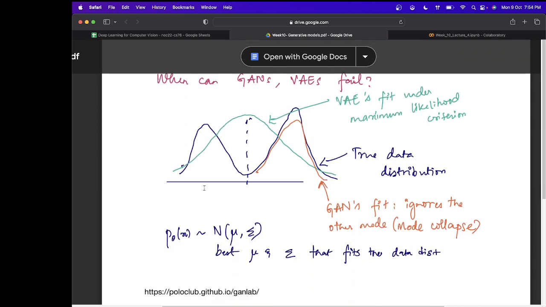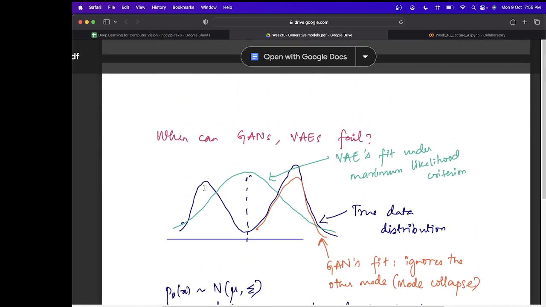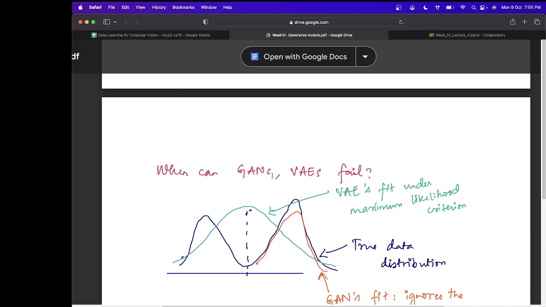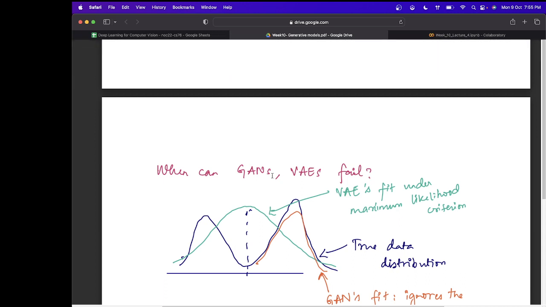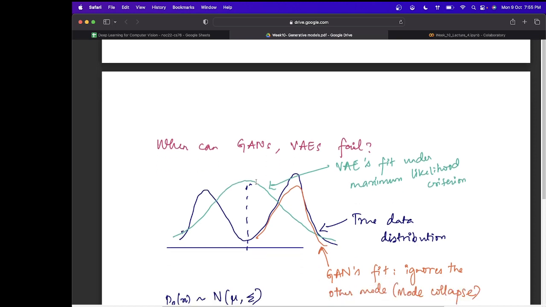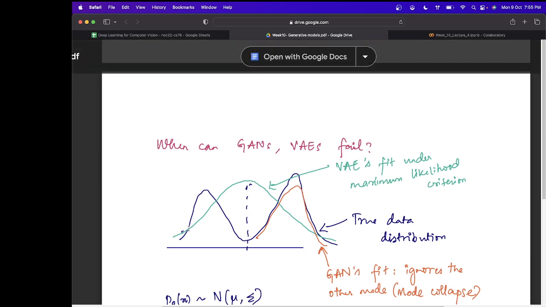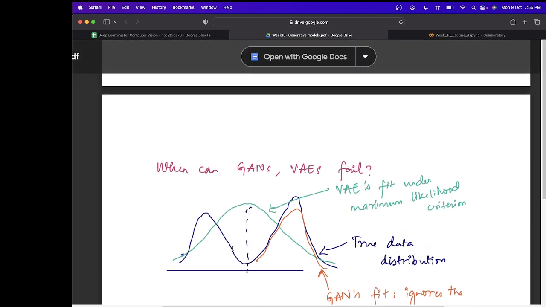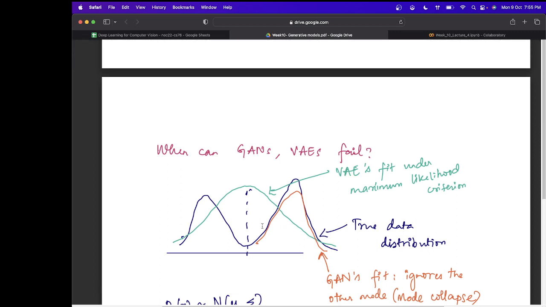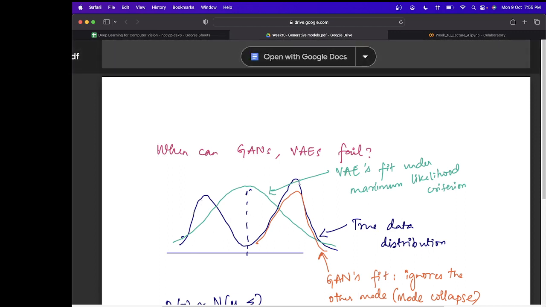Okay, so last part of the theory. There are failure cases for GANs and VAEs, at least till the arrival of the diffusion model. These were the most difficult parts of training, which would trouble the researchers the most, right? So when can they fail? Suppose your true data distribution, instead of being a single Gaussian, has multiple modes, right? Anyway, we do not know the true data distribution, but suppose it is something like this, so it has multiple